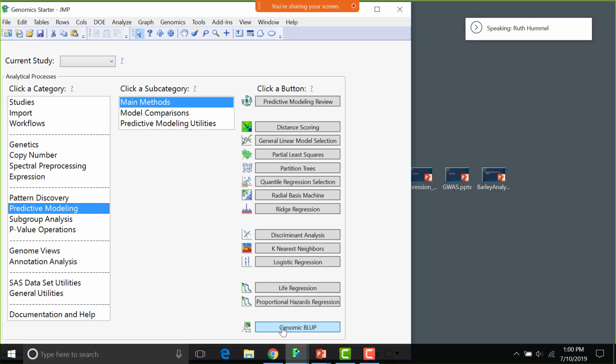Genomic BLUP is a very common thing to use when you're doing plant breeding. So this is very likely going to be in the mix, but I might try other things as well. Ridge regression often works well in plant breeding contexts. If I choose the Predictive Modeling Review,